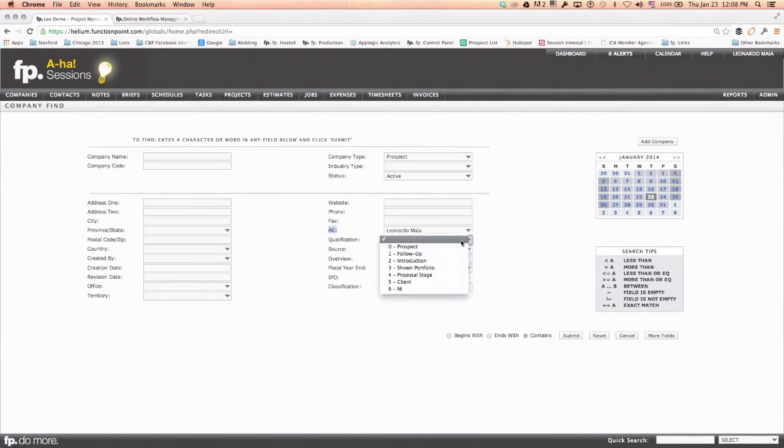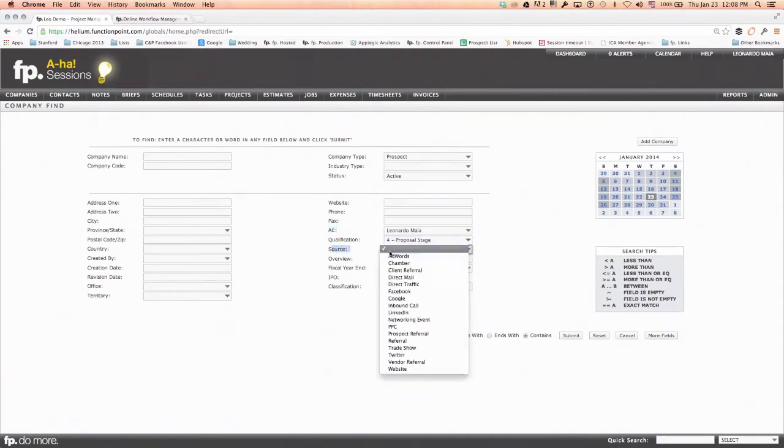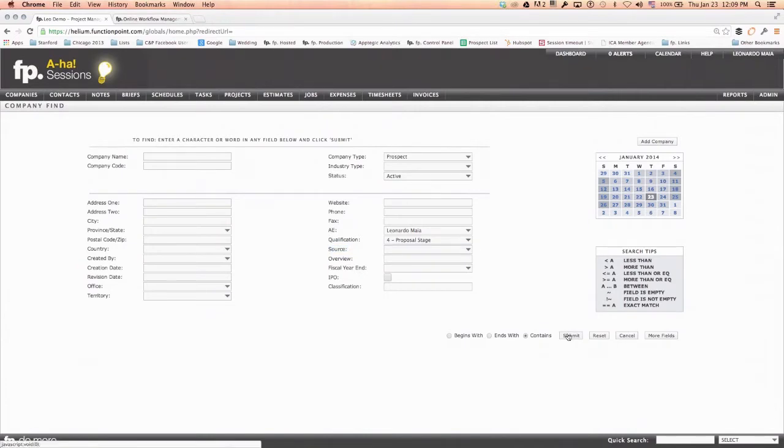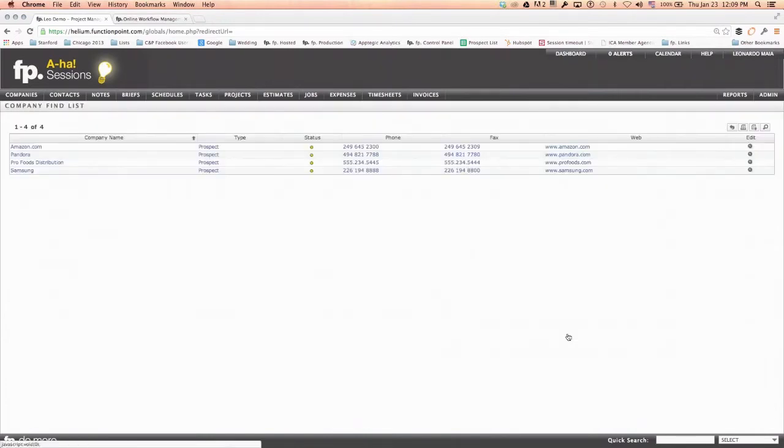So going back here under qualification level, let's say I want to take a look at all prospects that Leo is working on under the proposal stage. And then I could even drill down my search and search by source. Let's say my sales team is attending an event or a trade show. I can even enter here the name of the trade show. I can be very specific, and I can see all the prospects or all the opportunities that we generated from there. After that, you do a find or click submit here, and the system is going to give you a